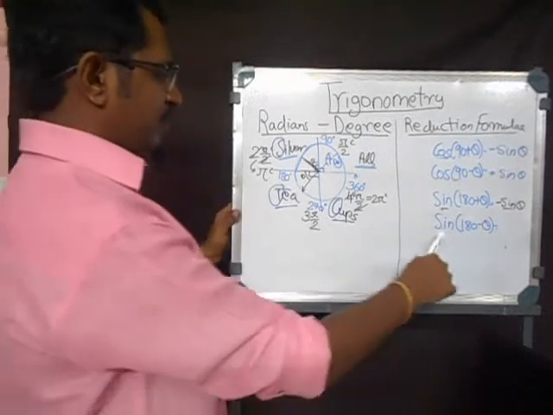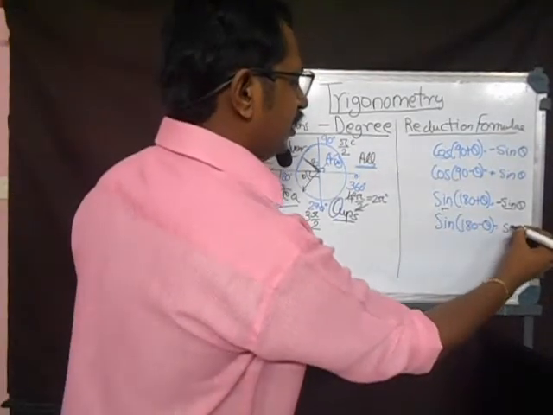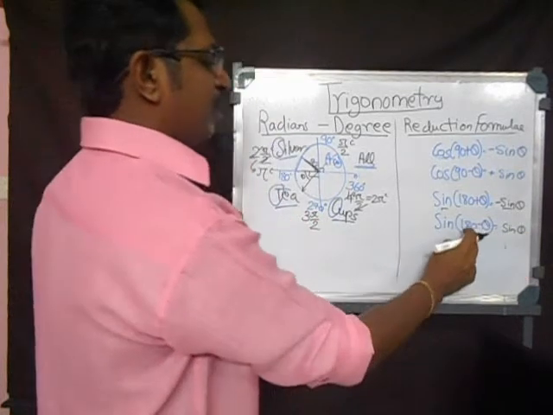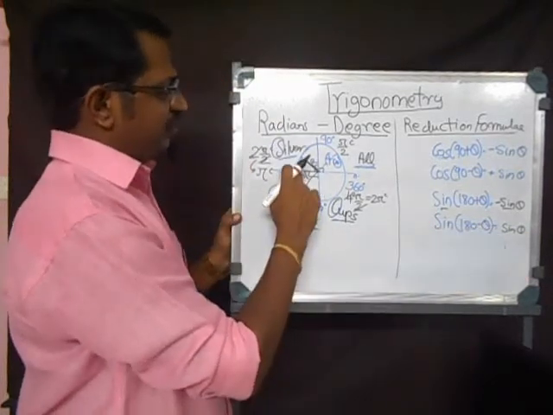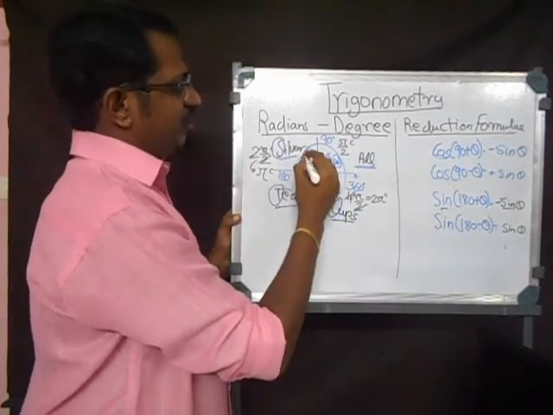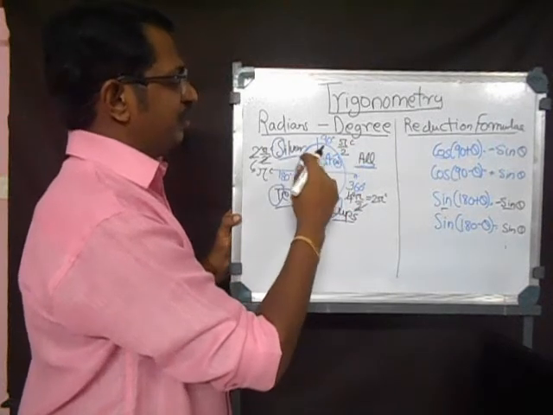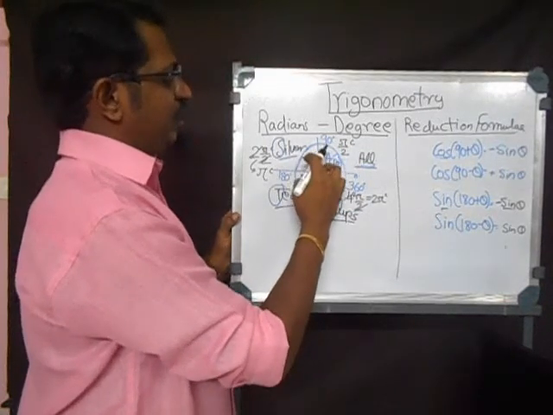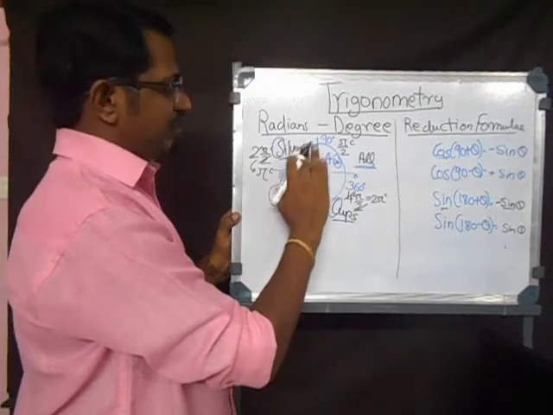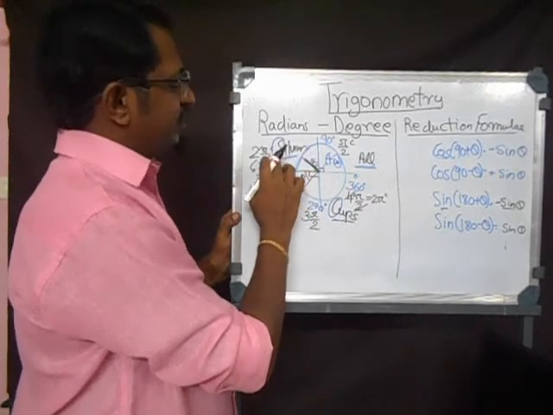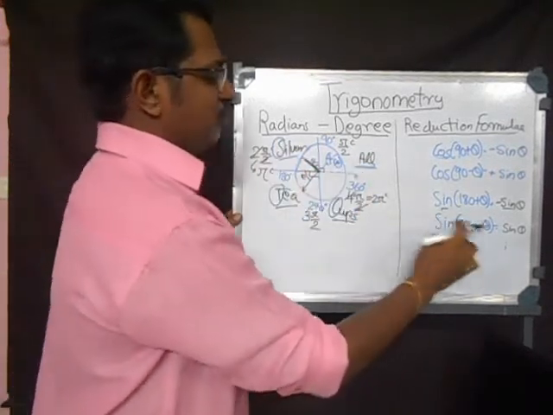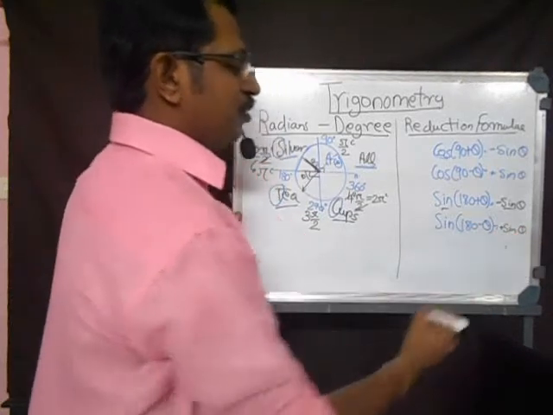Now let's go for this. Sine again is 180, so it is sine theta. So 180 minus theta means it is less than 180. It will be somewhere here or here, wherever it is. It is less than 180, so surely it is in the second quadrant somewhere. So here we know that sine is positive, which means the value should be positive.